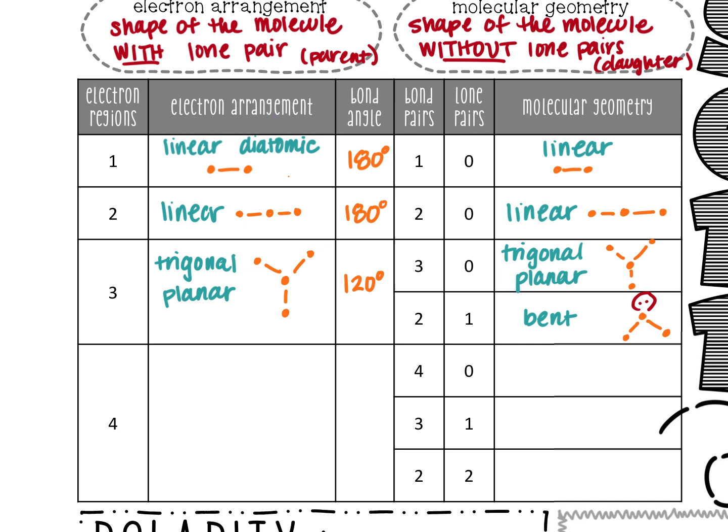All right, the last one on our chart here, our abbreviated chart that gets much bigger next year at level 3, is if I have one central atom that has 4 electron regions going around it. This shape is tetrahedral. Okay, so I'm going to go ahead and draw this for you. I have one central atom, and I have